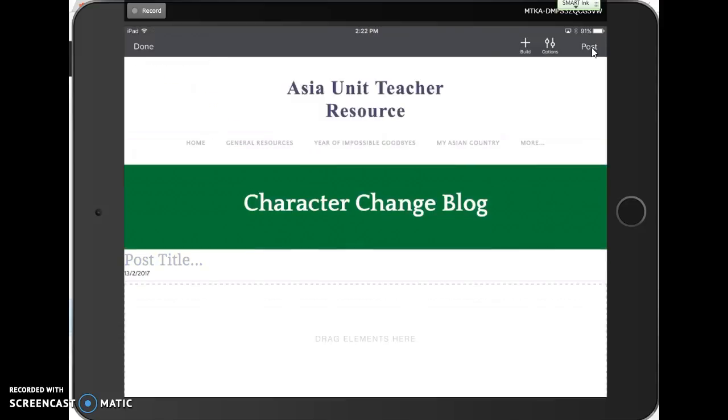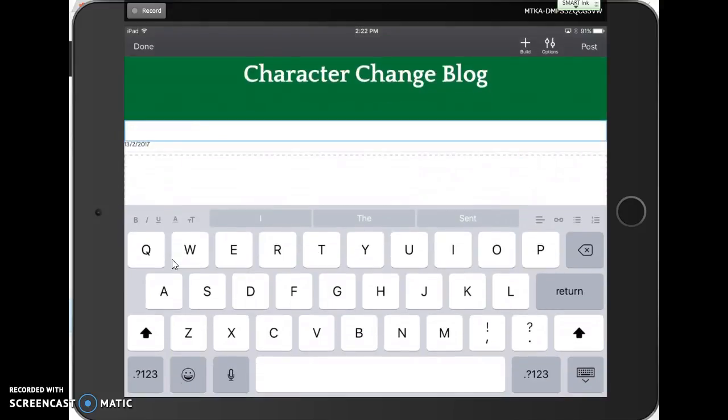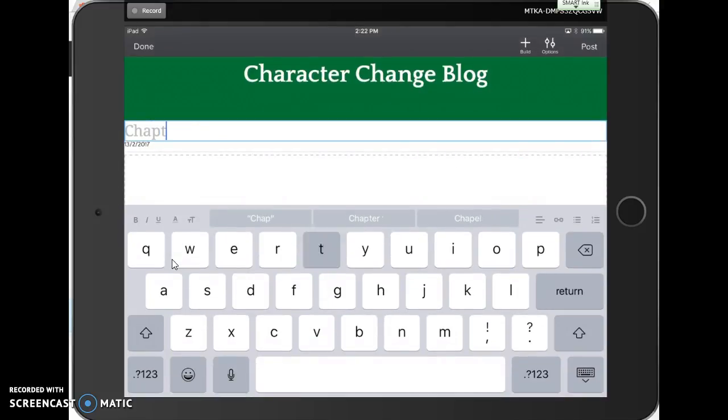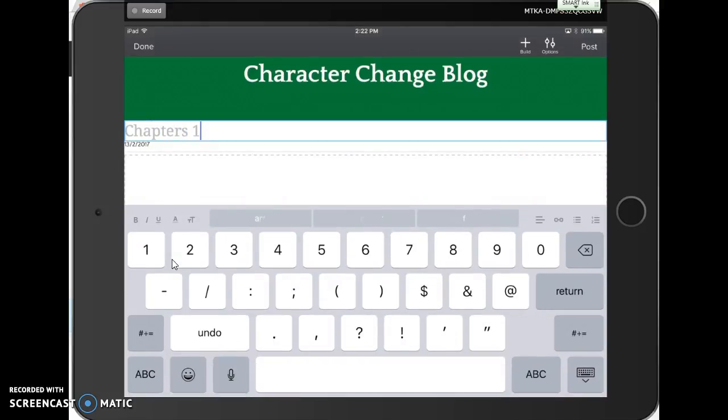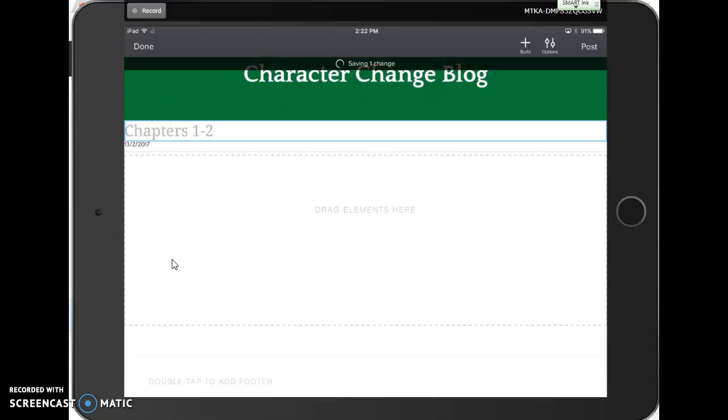So that will bring you into your blog page, and this is where you'll create your next blog post. You can change the header up in this section here, but you want to keep that consistent, so make sure that that says Character Change Blog so it matches our resources on the teacher site. And then down here is where you'll post a title. So let's say that we're making the first blog post, so let's label that Chapters 1 and 2,